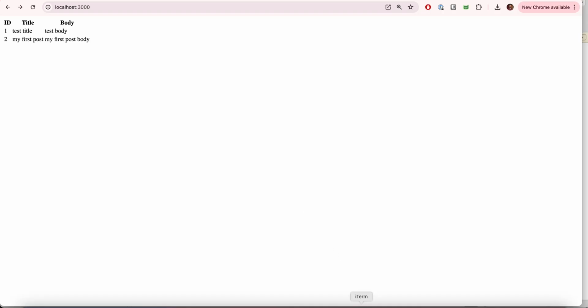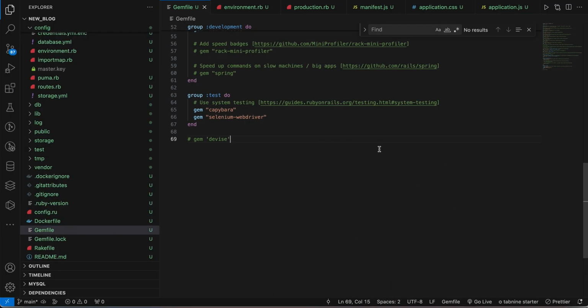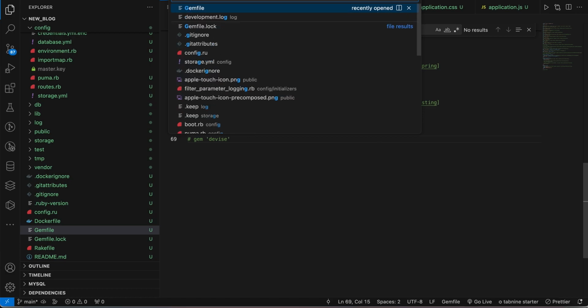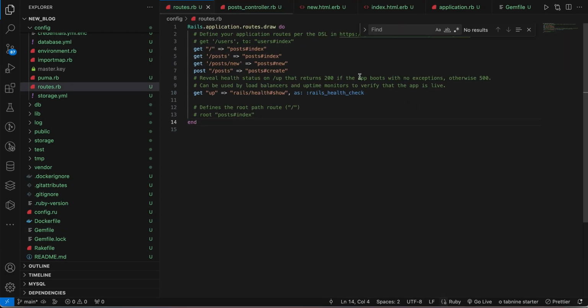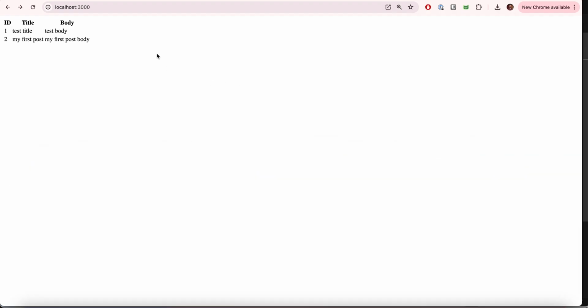So let's start. Let's go to our code, and now first go to our routes. Okay, so in the routes we have to add a route. What we have to do is, when we click on the button to edit any post, we should